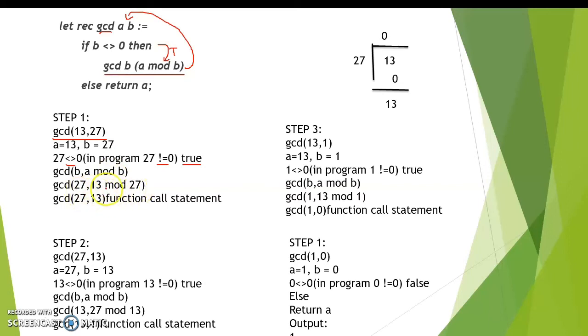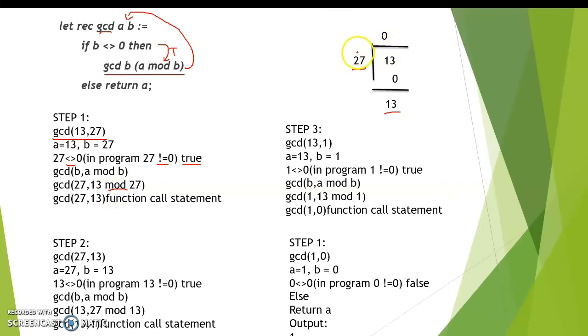So we have 13 mod 27. Now we are going to divide the number 13 by 27. We are not able to divide 13 by 27, so we put 0. 0 27s are 0. So the remainder is 13 and the quotient is 0. What is the remainder value you can get? 13. The mod operator is used to return the remainder value.